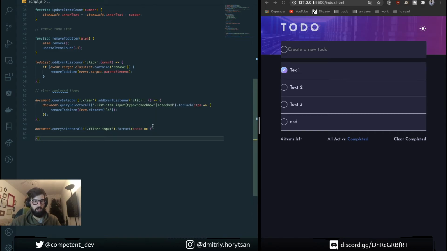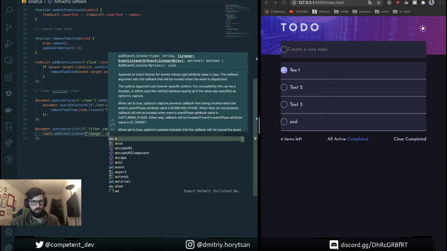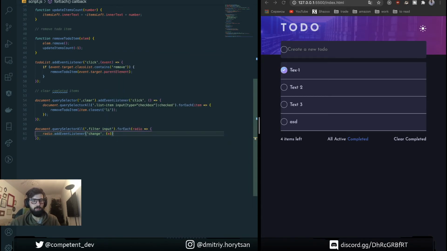for each of these radios we put event listener on change. Here element we need event, and once change happened we need to retrieve event target ID and do some action. For this we create another function.